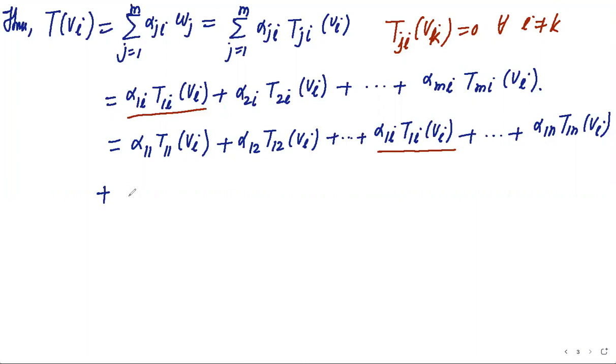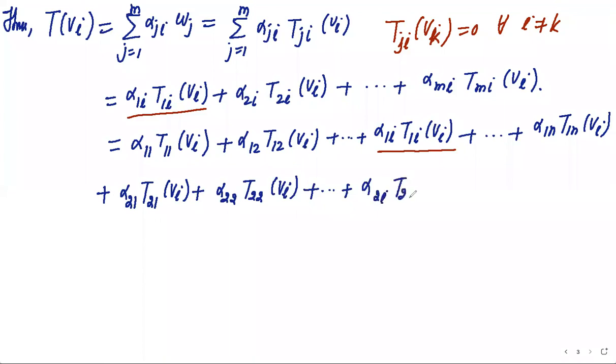देन द नेक्स्ट इज, इसी तरह से सेकंड के लिए भी हम यही करेंगे। सो सेकंड विल बी alpha 21 T21 vi, then alpha 22 T22 vi, then so on, alpha 2i T2i vi, then so on, alpha 2n, because i is varying from 1 to n, तो इसीलिए हम n तक लिखते हैं इसको T2n vi, and similarly then plus so on, and now the last one alpha m1,